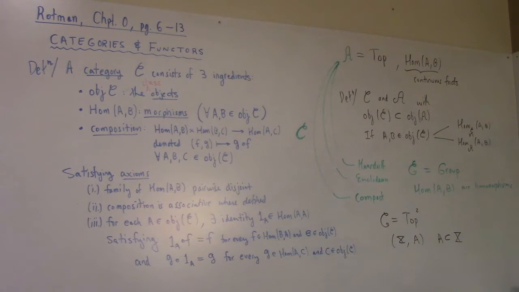So in Rotman anyway, A is meant to be a subspace of the topological space X. I would assume, given the subspace topology, if I had to guess. And a morphism, right? B has to be a subspace of Y, and the morphism is actually an ordered pair.